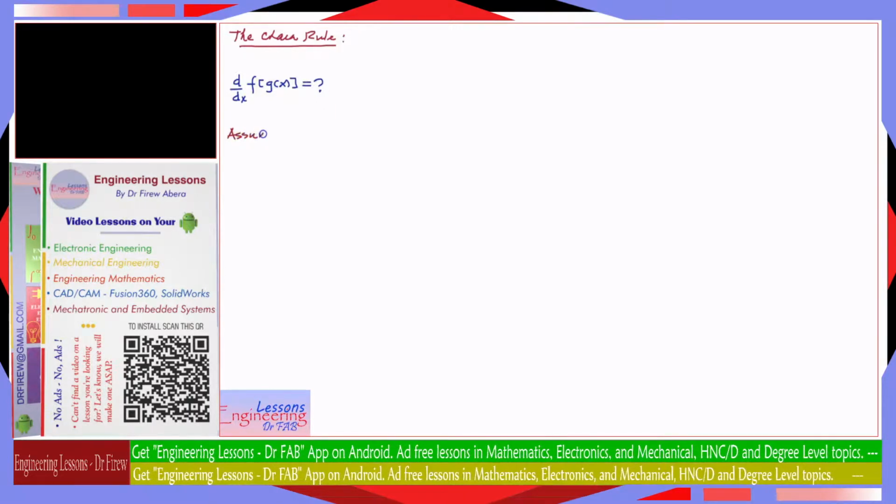That function f has g of x, which itself is a function, as a variable. So assume g of x is r, okay, and we can rewrite this as follows: